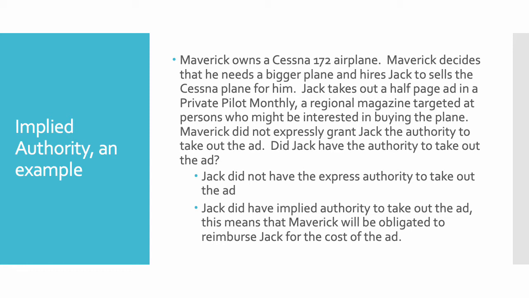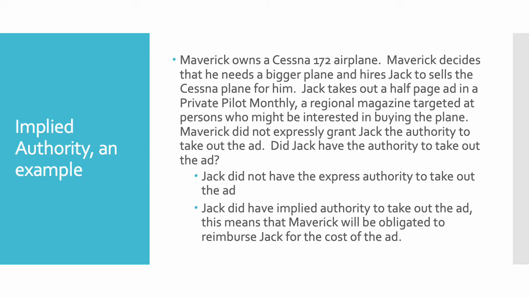However, the objective was to sell the plane. All right. And it is reasonable that you would advertise to sell the plane. So the next tells us Jack would have had the implied authority to take out the ad because that's a reasonable action taken to sell the plane, and that means that Maverick would be obligated to reimburse Jack for the cost of the ad. Jack has not exceeded his authority under the agency agreement because he had the implied authority to